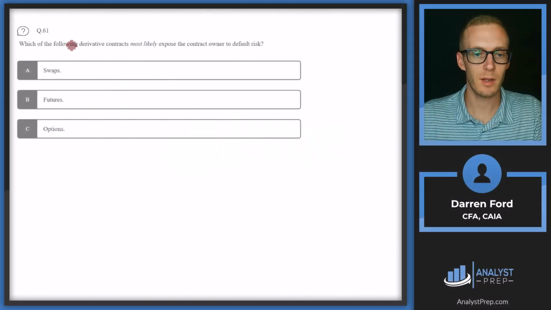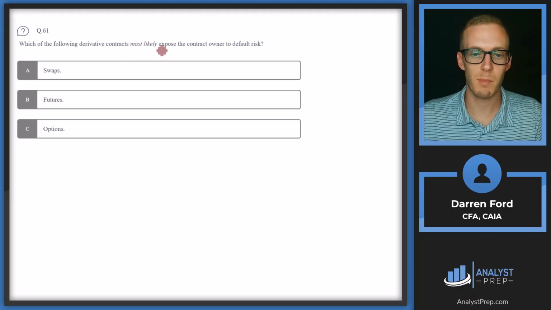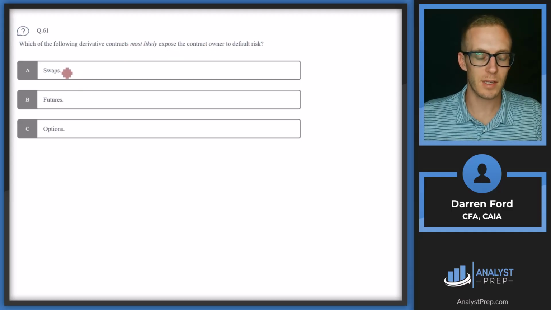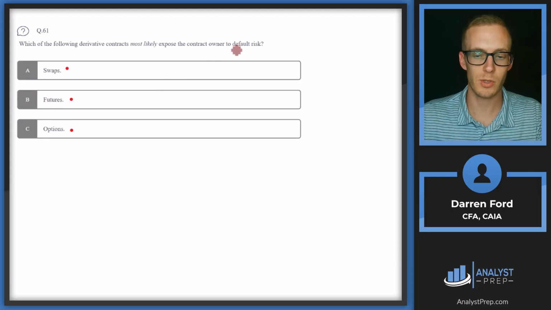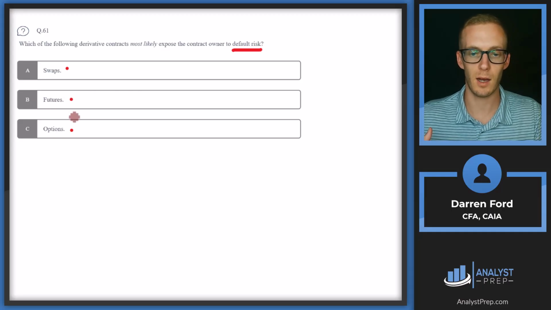Question 61. Which of the following derivative contracts most likely expose the contract owner to default risk? We've got swaps, futures, or options. For futures and options, I think we've gone through this before, but these are going to be exchange traded. And so there's not default risk because the clearing firm that you're trading the futures or options through is going to be